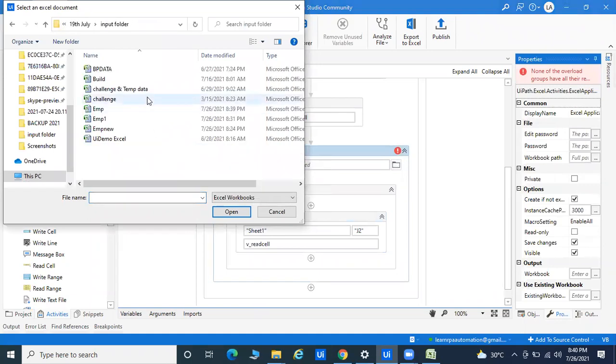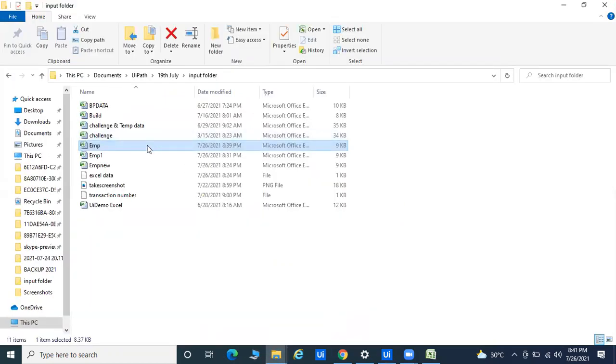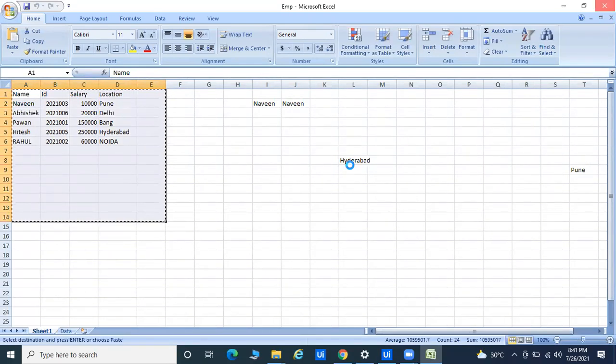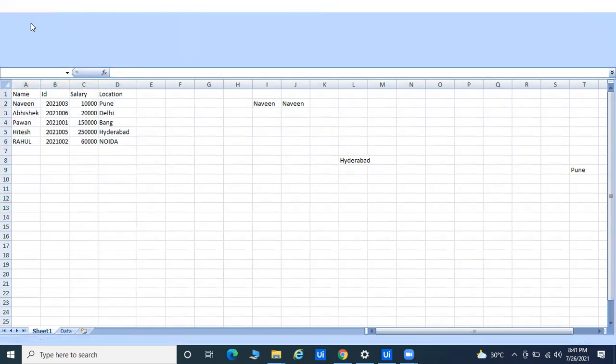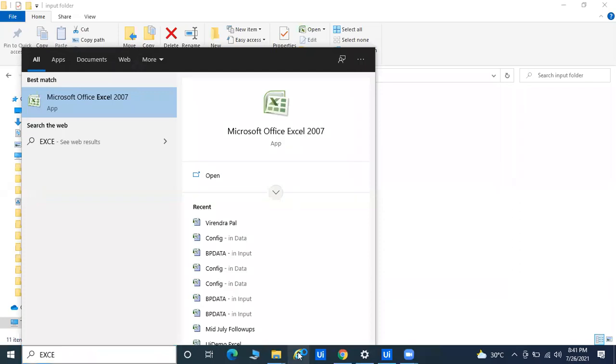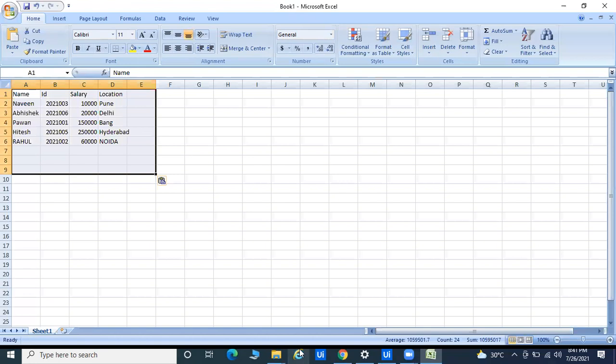Right now I'm changing the sheet, so I'm taking another one, like EMP1. Let me change the sheet, and after that I can create it. Maybe there is a different sheet. Again, I'm going to create the new sheet, Control C, and I'll open the new sheet. I'll try to paste here and save it with a name.